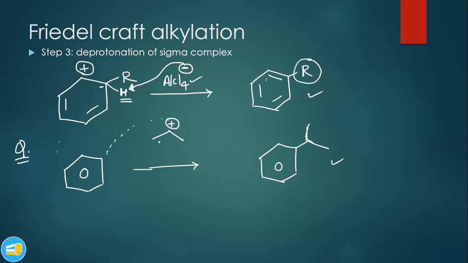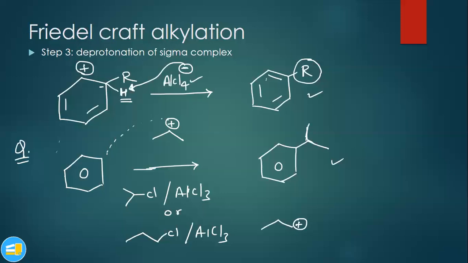In order to form this carbocation, what reagents can we use? The first and very easy reagent is this alkyl halide in the presence of AlCl3. Or you can use this other alkyl halide in the presence of AlCl3. Now someone might ask why we can use this alkyl halide, since the positive charge appears on this carbon. It can work, because this carbocation will rearrange to this carbocation and it will ultimately be the same as this carbocation. So this is how we can form products.